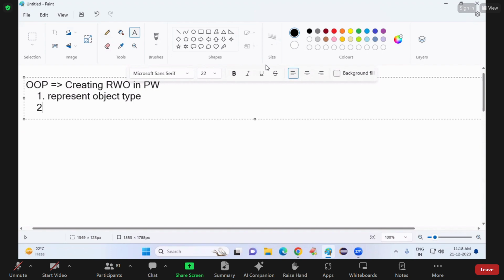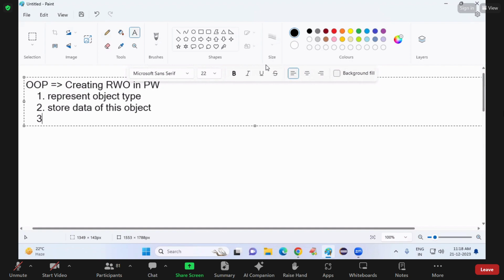Second, you must store the data of this object. Third, you must implement the operations of this object. So for representing a real-world object type, we have class